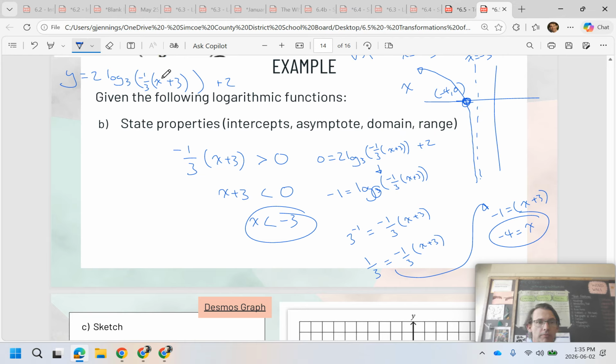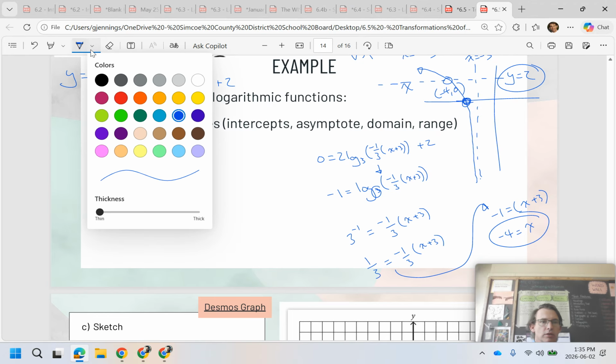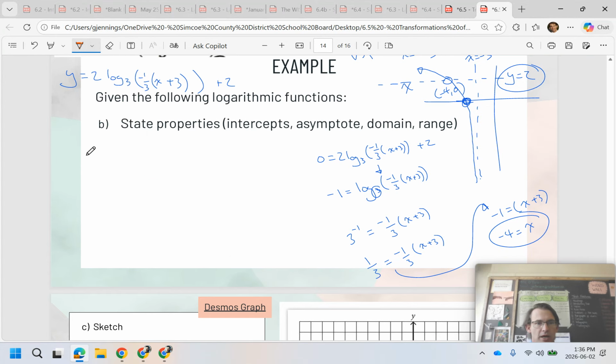Sure. Okay. I'm going to erase this little work I did here to find the direction that this thing goes, or the restrictions on x, so that I can work y equals 2. So what we're effectively doing is saying we're interested in this value y is equal to 2. What x value does that? Y equals 2. We get to choose, so we have 2 equals 2 log base 3 of -1/3 times,